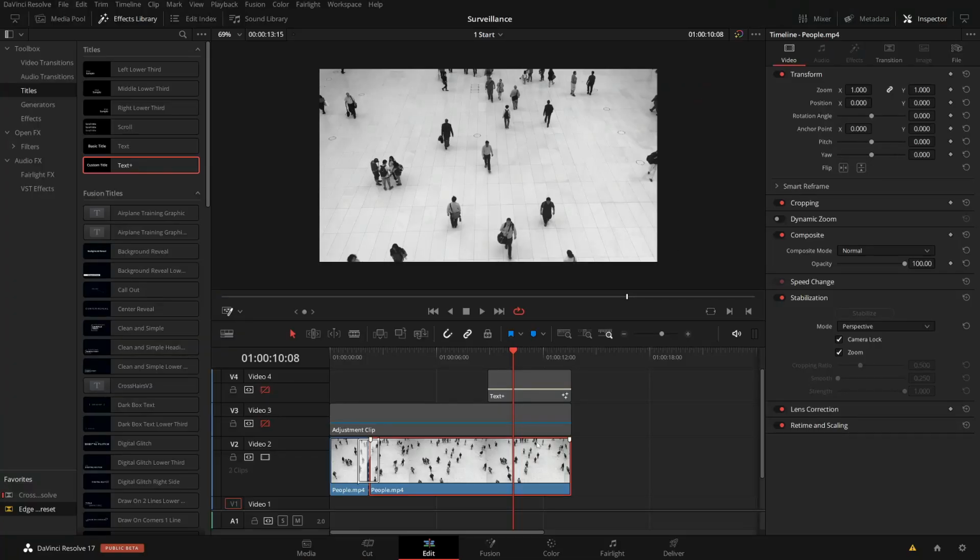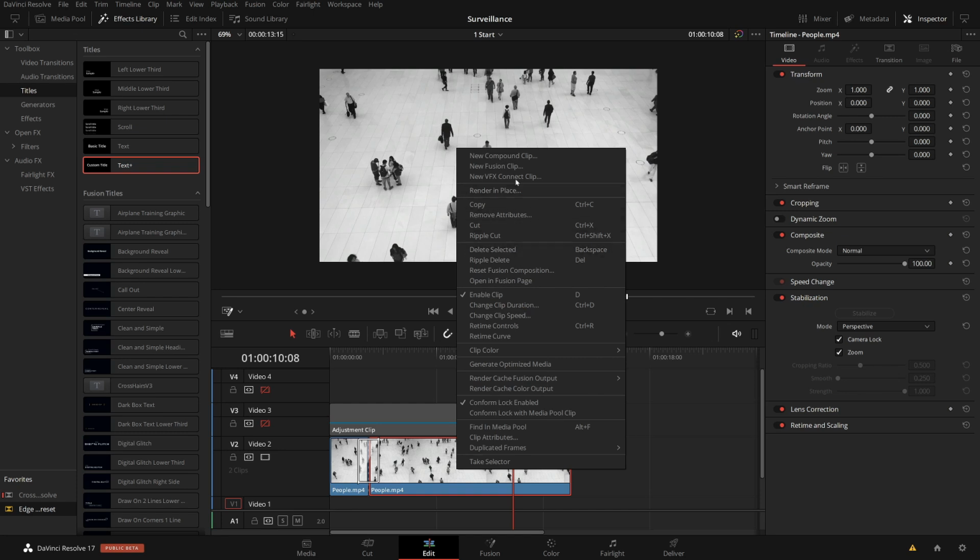Now what is important to know here is that by default Fusion effects are being executed before the video effects, the edit page effects are being executed by default. But here it's important, I want it the other way around. I want the video effect being applied first, I want the stabilization applied, and then do a Fusion effect on top of the stabilized clip. And there's a simple way for this. You can just right click and say new